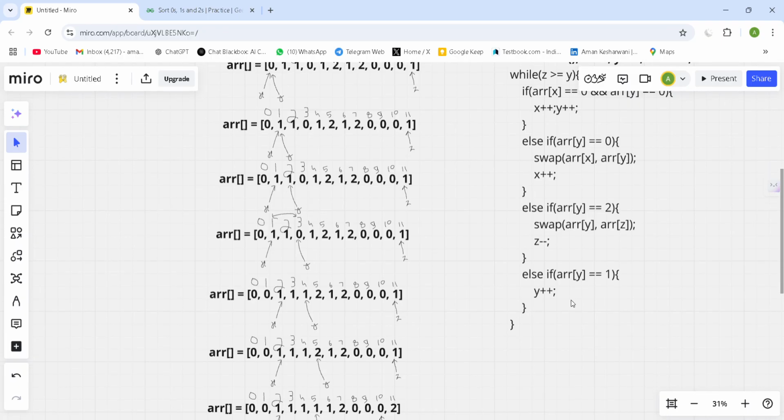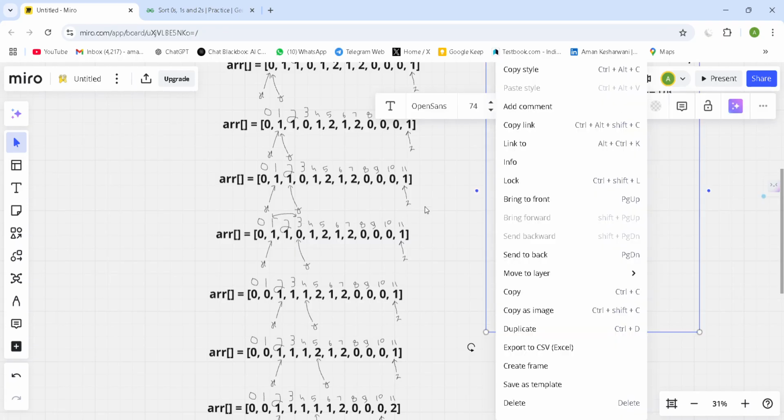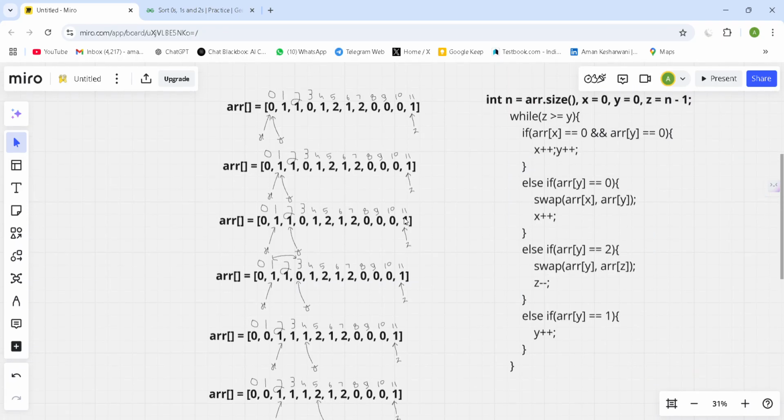So y is here now. Okay, and again your array of y is 1, so simply you have to move one step more. So your y is here. And